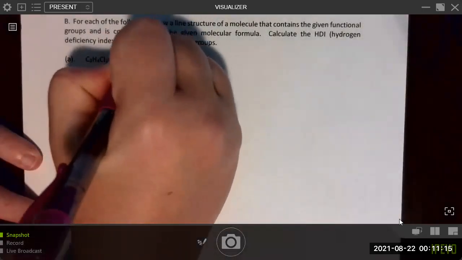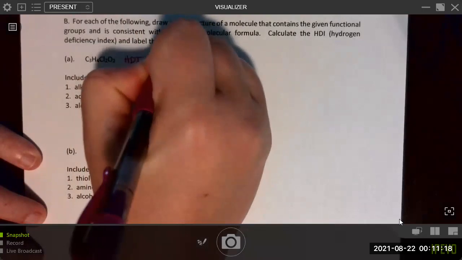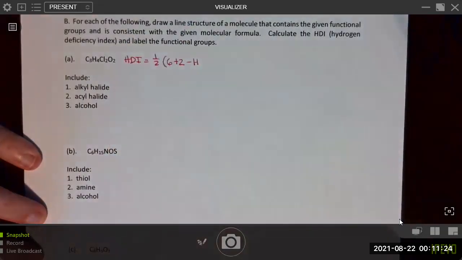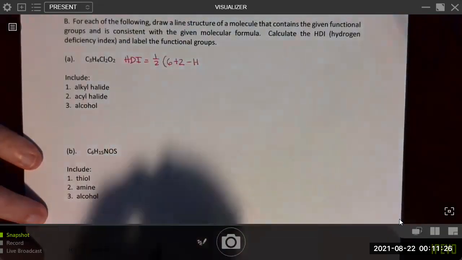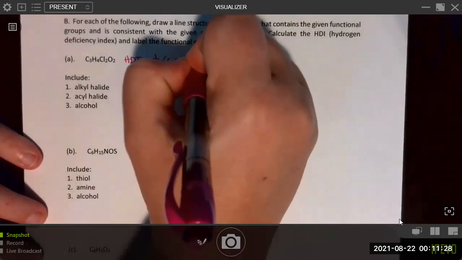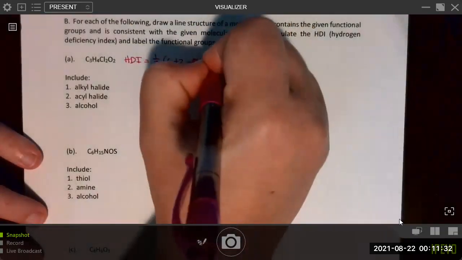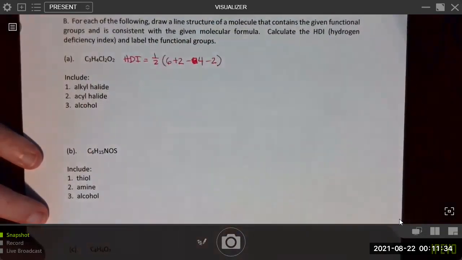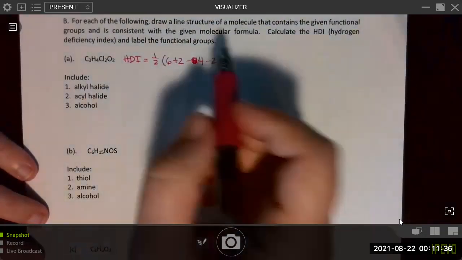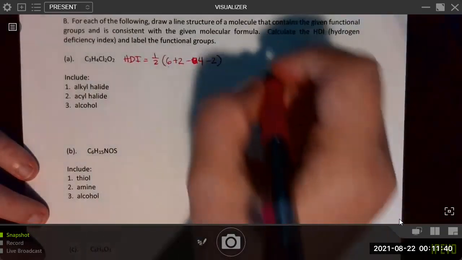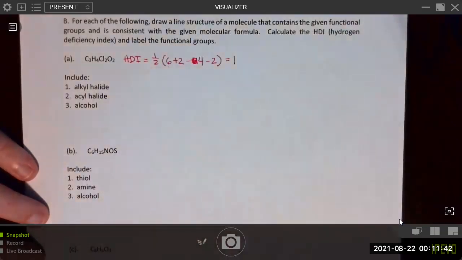HDI is 1/2 times, 2 times the number of carbons, 6, plus 2, minus the number of hydrogens, minus the number of halogens. Oxygens don't count. We have 8 minus 6, 2, times 1/2. So only one